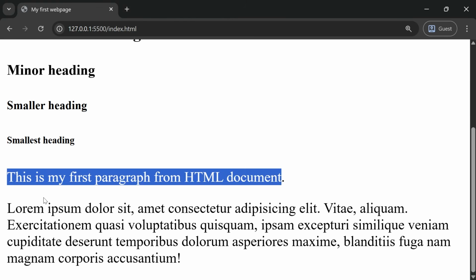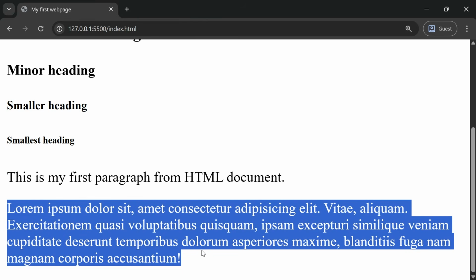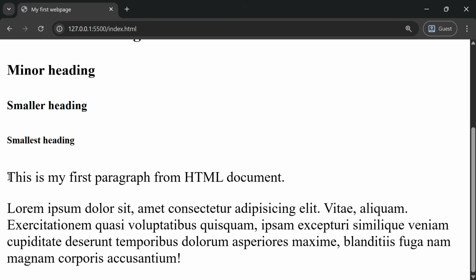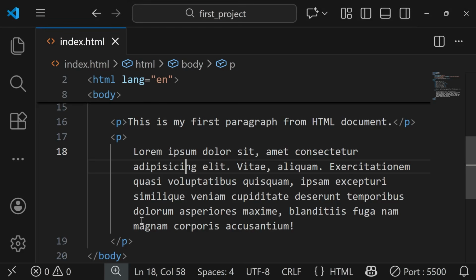This is the first paragraph. This is the second paragraph. And there is proper distance between the first paragraph and the second paragraph. However, if I want to create line breaks, so we have the first sentence right here, then the second